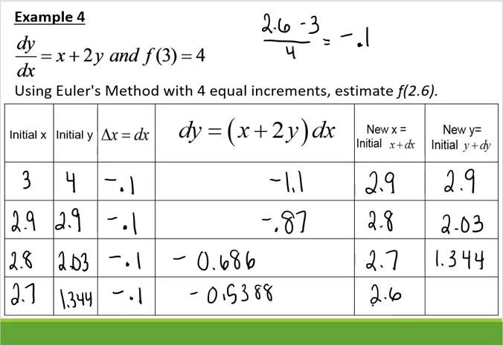Remember, that's what I wanted to get to. And then my new y is 0.8052. So that's my approximation. So this is approximately 0.8052. So that is a review of slope fields, differential equations, and our new topic for BC, which is Euler's